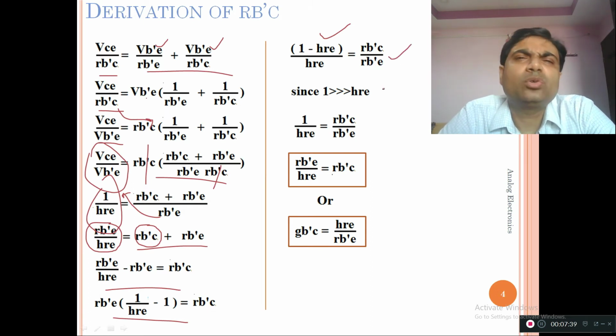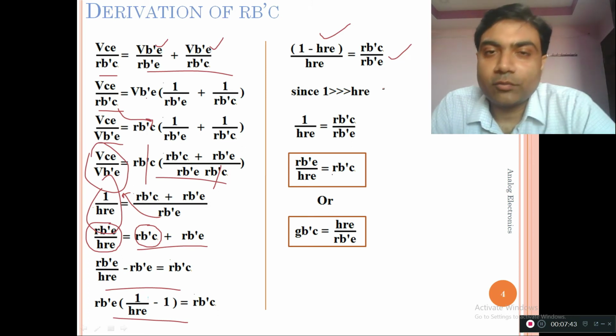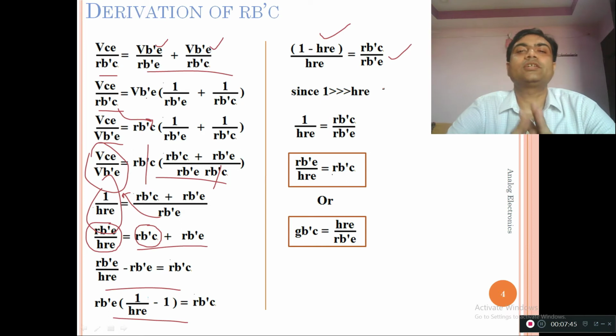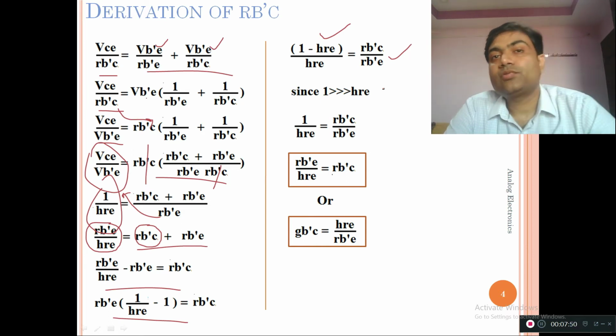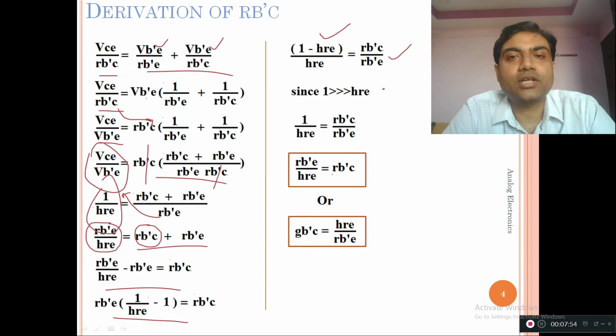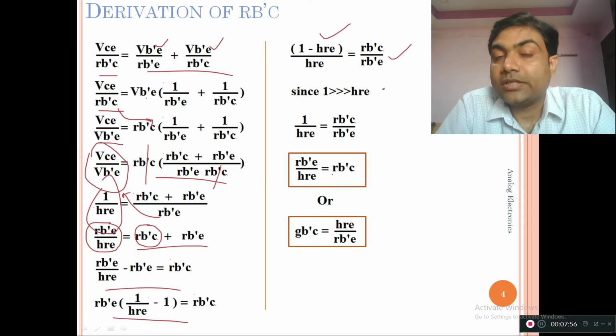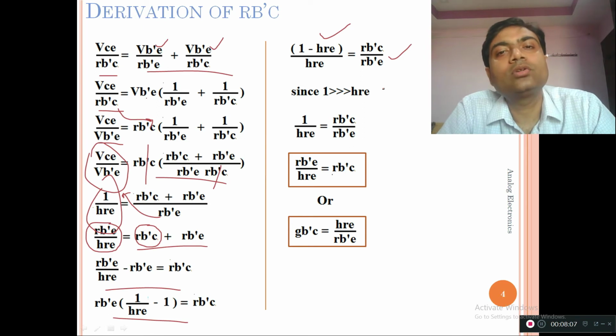Yeah, and we know the HRE value is very less. HFE is higher. You can ignore the value of HRE, but you cannot ignore the value of HFE, as we have done in the previous case. We have not ignored the value of HFE, but here we can ignore the value of HRE. Why are we ignoring the value of HRE? If you remember the value of HRE for common emitter transistor, that table, the HRE is very less for common emitter transistor, some 10 to the power minus 7. So you can ignore the value of HRE.